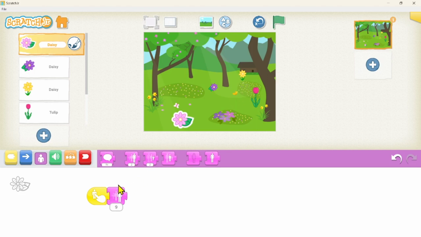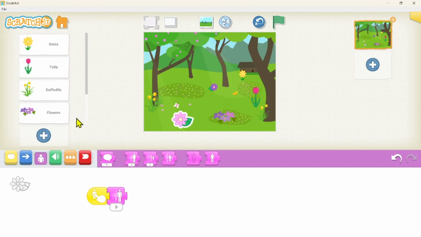You remember that you can copy the commands. Let's see how to copy the commands. I'm going to do a left click on the beginning of the command and I'm going to simply drop them. Do you see the yellow line around the purple daisy? So I'm going to drop it here. Now let's drop the command on the yellow daisy. Here is the yellow daisy and I'm going to drop it here. Now I'm going to drop it on the tulip,